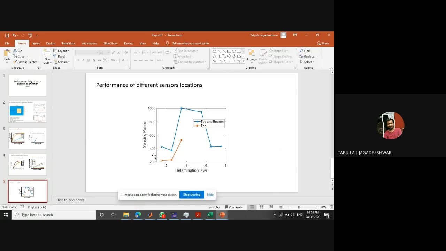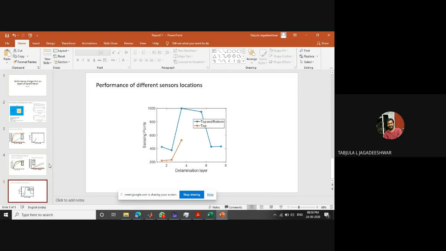Let's take how the sensor division happened here. Let's assume this point is 400 points. That means 200 points I have pasted at the bottom, and 200 points at the top. For every trial, the placement would be random for both the top and bottom. So what we have done here is I have taken one top layer set and one bottom layer set. If the top layer detected the defect, I'm calling that a hit. And if the bottom layer detected it, I'm calling that also a hit. I mean, every time I'm checking the OR condition with respect to the top and bottom. Either one sensor placement can detect the defect.